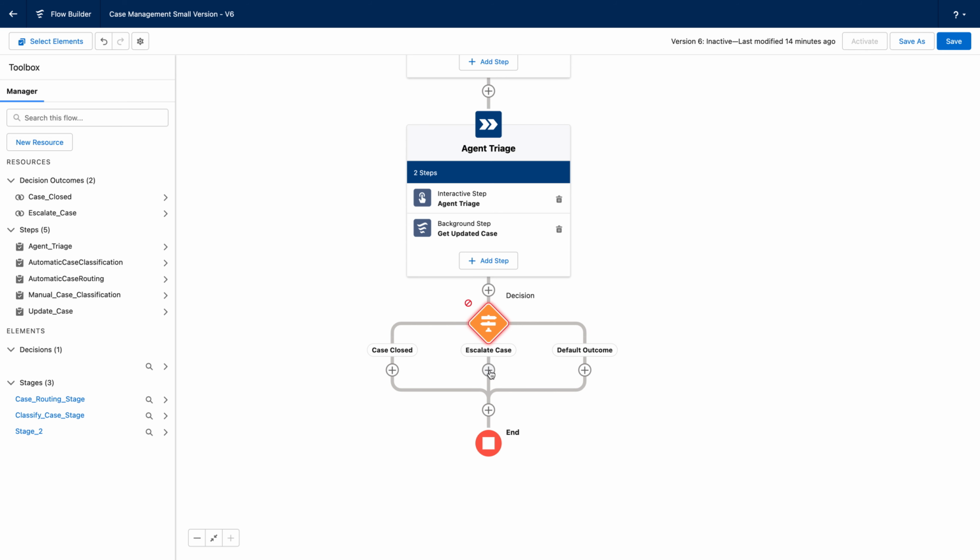There's another outcome where the case may need to be escalated. An example of this might be where the customer is asking for a refund, but the agent who triaged is not part of the finance support queue, so they can't actually process the financial side of the refund, and they may need to escalate it to that queue instead. And then they can take care of that in the escalation phase